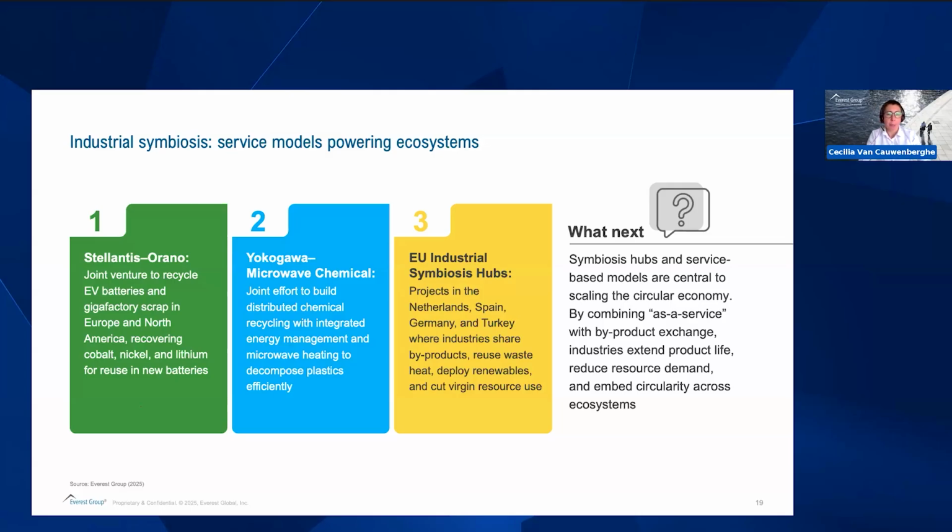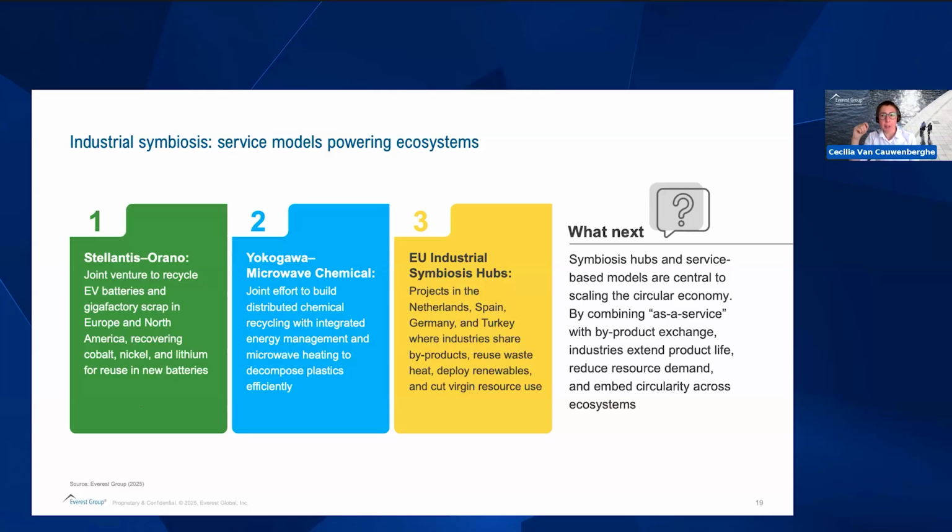Also, digital twins monitor flows of energy and byproducts across participants, optimizing exchange schedules. So each hub functions under neutral host governance. It combines 40% public investment and 60% private capital. Shared infrastructure avoids duplication of boilers, chillers, pipelines, and any other kind of equipment of this type. When one facility is under maintenance, another one can fill the gap, maintaining system uptime, for instance.